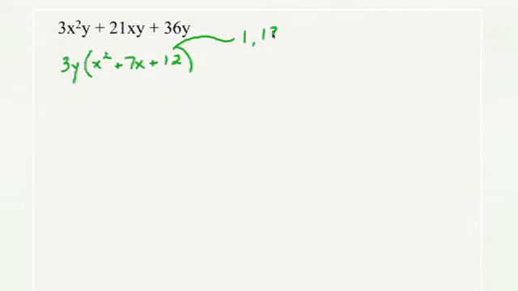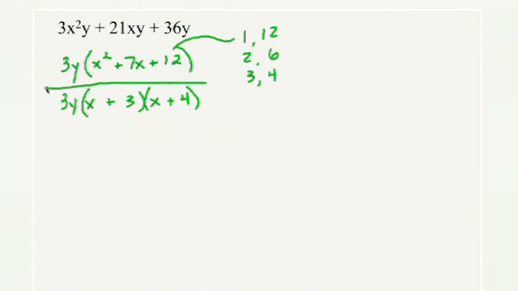Absolutely. All right, so now we look at the problem in parentheses. Yes, and we're going to look at the factors of 12 and just see, are there factors of 12 that add to give us 7? And when we write out the sets of factors, you will see that the 4 and 3 do add to give us 7. So again, carry down that 3y, write down your 2 sets of parentheses, put in the x's, the 3 and the 4, and since we're adding and our middle term is positive, both signs will be positive. That's right. Again, anytime all the signs are plus in the problem, all the signs in your answer will be plus. That's one thing you can rely on.